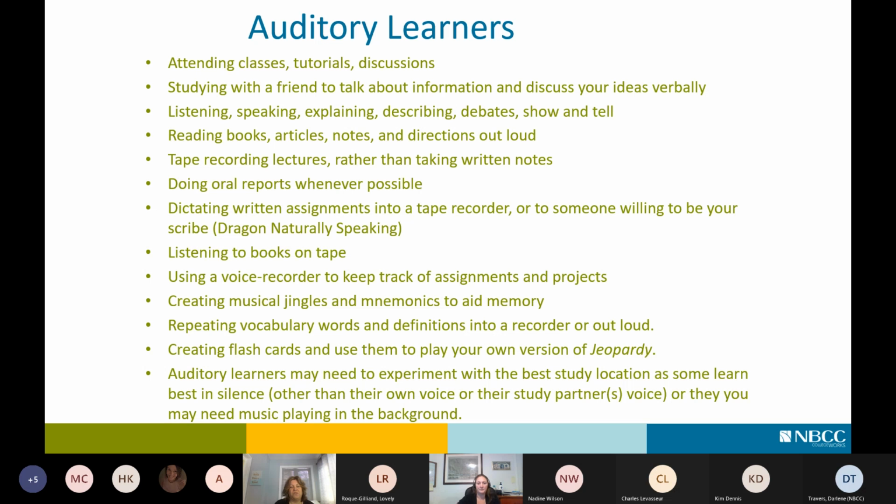Those are also the students that do best in study groups, studying with friends to talk about the information and discuss your ideas verbally. Auditory learners also like to listen, speak, explain, describe. They like debates sometimes, and show and tell. Those are all ways that they get the information in an auditory mode that's helpful for them to learn the